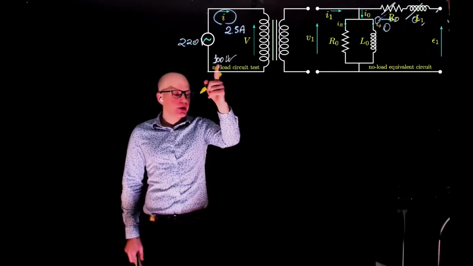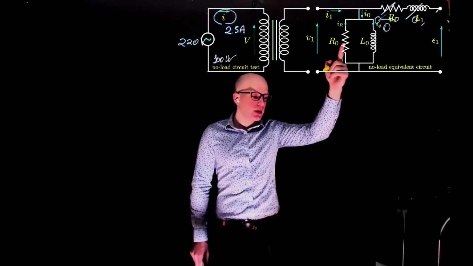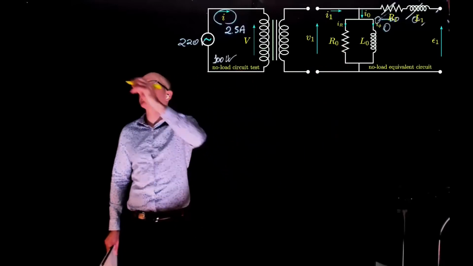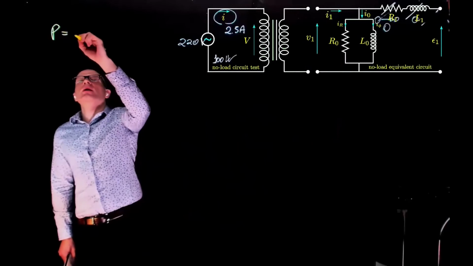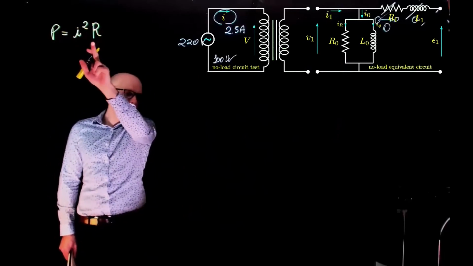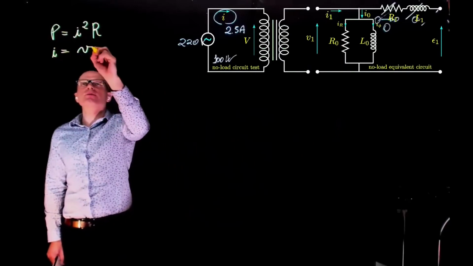All this power is dissipated in R0, in the core, in the form of joule losses. So the power would be I squared times R. This is the only element that dissipates energy in the system, and I is V over